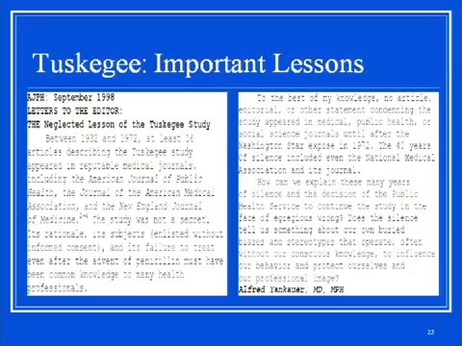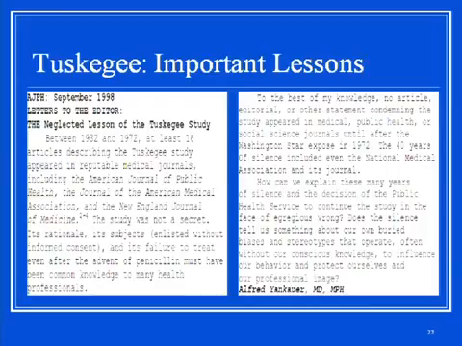And you can see that the author talked about how during the years of the study, there were at least 16 articles that were published from this study, including in the American Journal of the Medical Association, the New England Journal of Medicine, all top public health journals that we read and journals in medicine that we read today. So the study was not a secret. Its rationale, its subjects, and its failure to treat even after the advent of penicillin must have been common knowledge to many public health professionals, right? But people just didn't care.